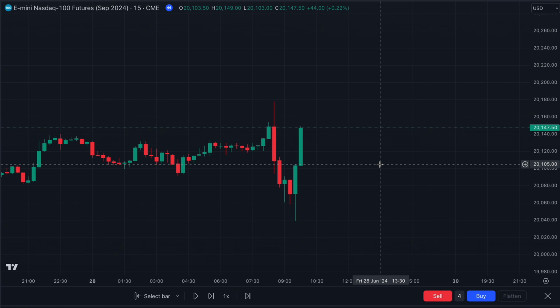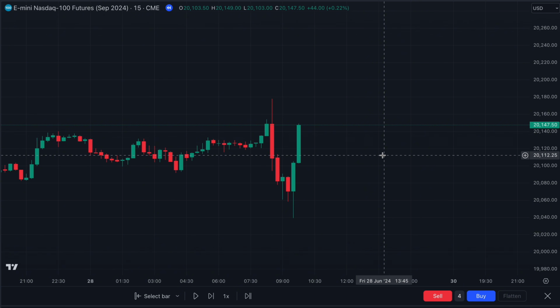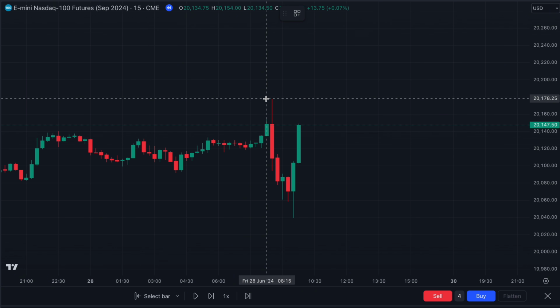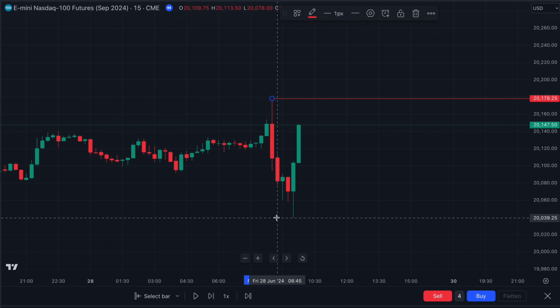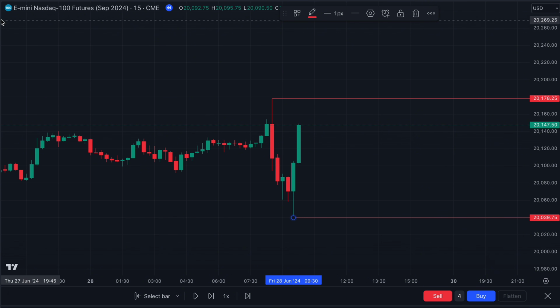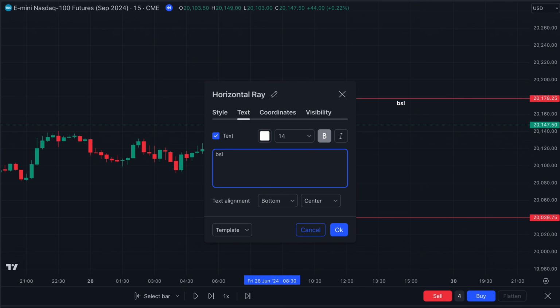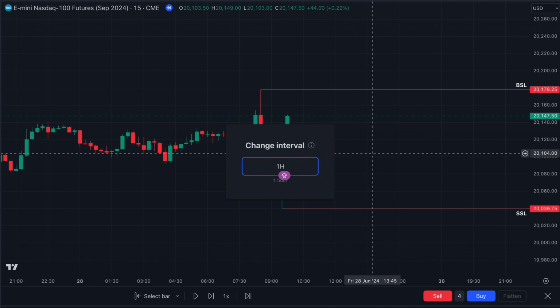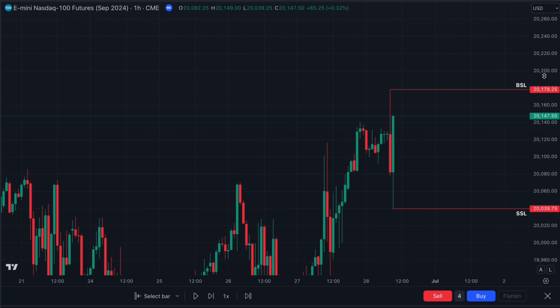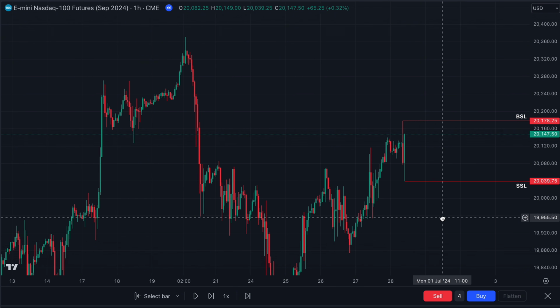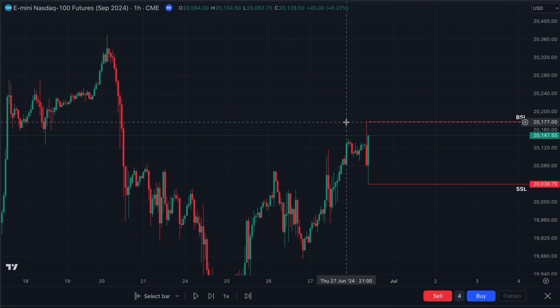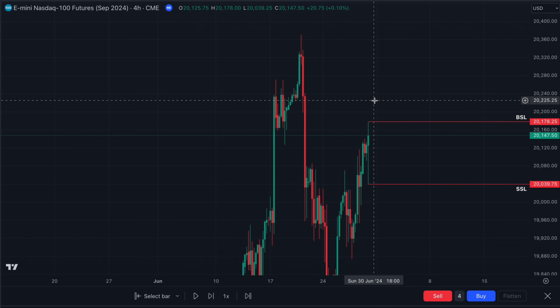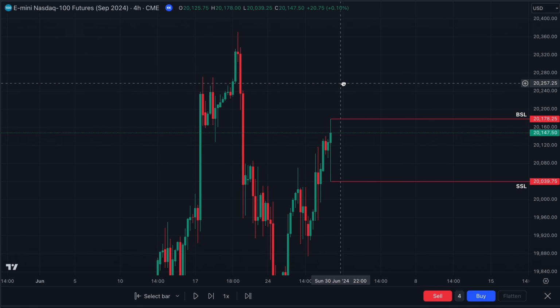So at the start, just before the New York AM macro, you want to mark out on the 15-minute time frame and the 1 hour time frame as well. You want to mark out the previous highs and lows on NQ and mark these out as BSL or buy side liquidity. So now you've marked out these levels, you want to head on to the 1 hour time frame and determine whether you have a bullish or bearish bias, and also look to see if there's any other bearish fair value gaps or bullish fair value gaps on the higher time frame,